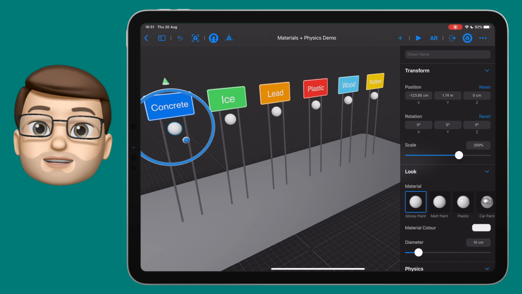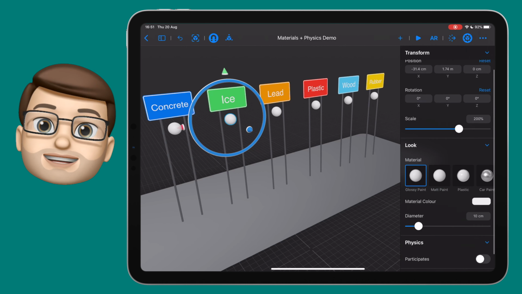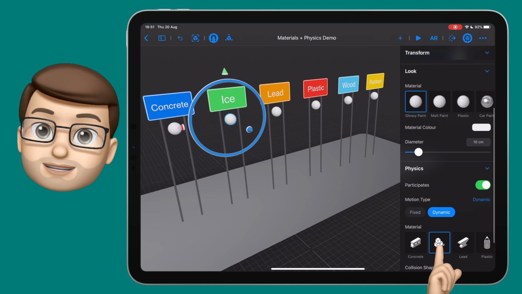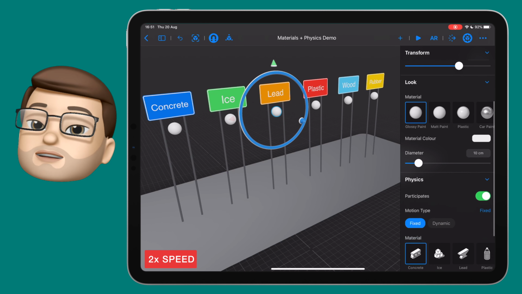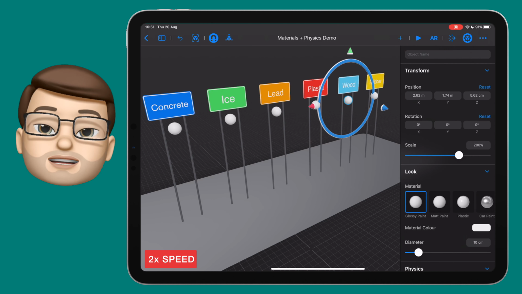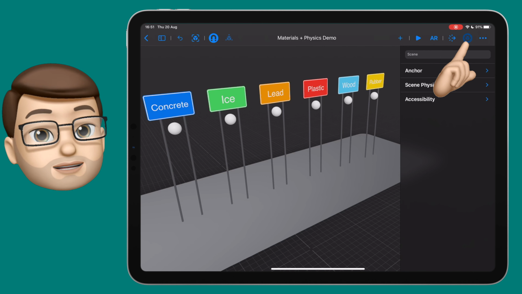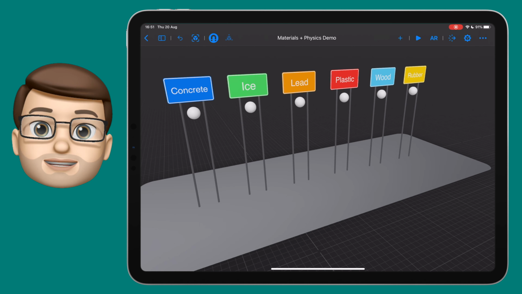That's perfect. So now let's go down the line and we'll tap on each object, go on to physics, switch it on, choose dynamic, and then change the material. Phew, quite a few steps. We'll do that for each one, so we've got the ice, the lead, the plastic, and all the other materials there ready to go. Then, when you go to the top and you press the play button,